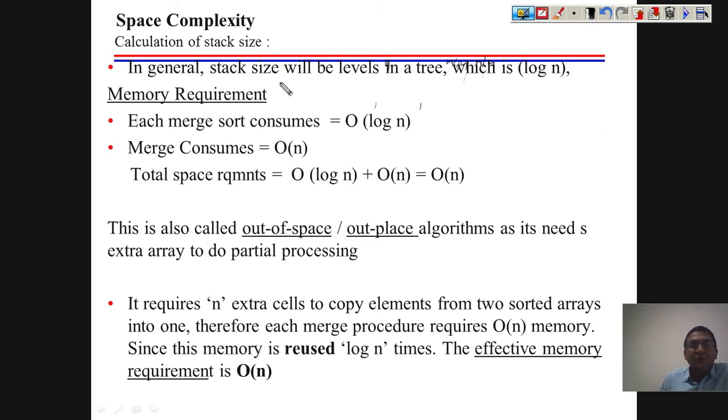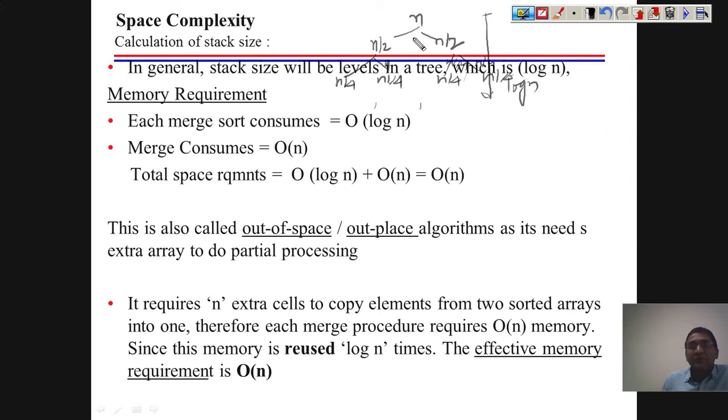Now to find out the size of the stack, we can represent our problem with the help of a tree, and the number of levels in the tree will tell us the stack size. If you see, we started with the problem size n, and with each call of merge sort, when you do the division, you are dividing it into half, n by 2, n by 2. This will divide into further halves, n by 4, n by 4. That means every time we are dividing it into half. So when you do it this way, it will go up to log n levels.